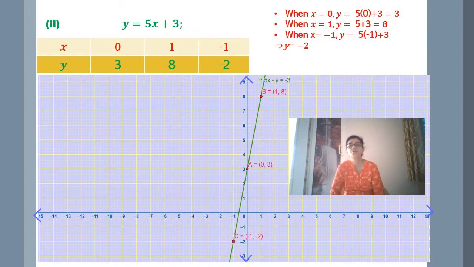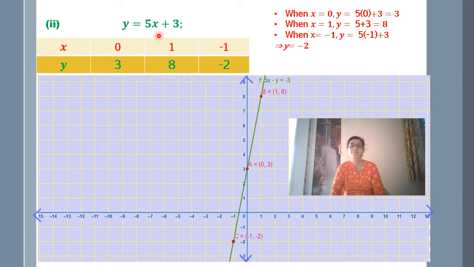Here I have brought to you another question where we are having linear equations in two variables and we are going to plot the graph of this linear equation. Now as I told you, first step will be you have to write the linear equation from the question. Here it is y is equal to 5x plus 3. And what is the second step? You can even write the value of x is equal to (y minus 3) upon 5.